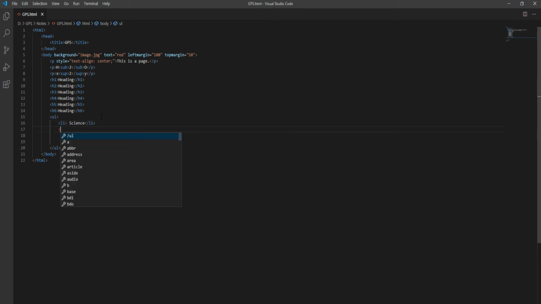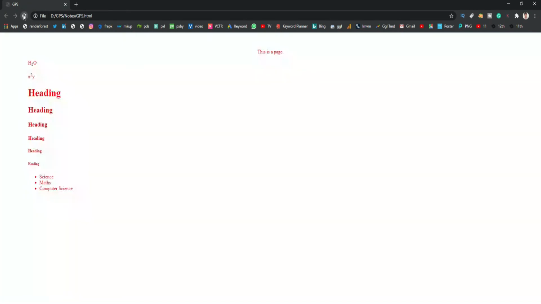The second item is maths, the third item is computer science, right? Go back to the web page and refresh your page.